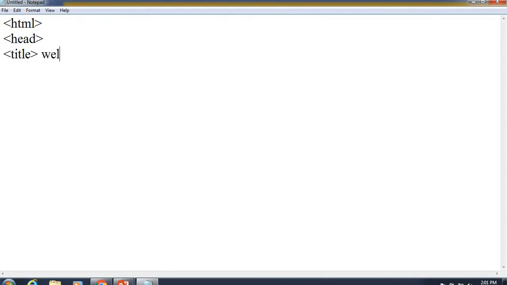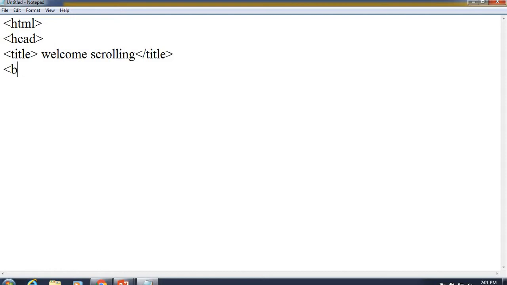So this is a normal text. The text is going to display on the title bar. This is a title tag, and then we are using the marquee direction.